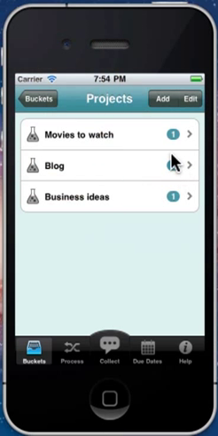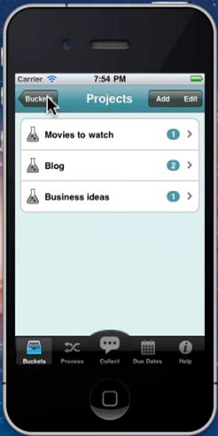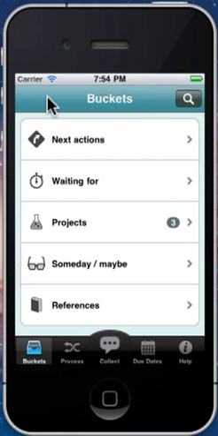And now just think about it, you're going to have a bunch of projects, and you're going to have a bunch of things in the blog. I mean, I've got over 100 things in my blog bucket. And how do I know which ones are important? Well, the red ones always come first, and then just work top down. Right, that's basically it. Very simple. There's nothing complicated about it.